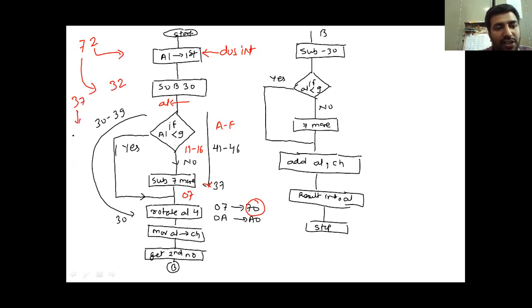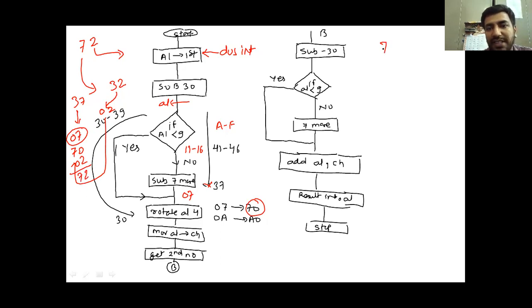So this will give me 07 after subtracting, and this portion will give me 02. So I should add these two numbers. Before that, I have to convert 07 into 70, and this 02 can be added to this number and I can get 72. So that is the logic.